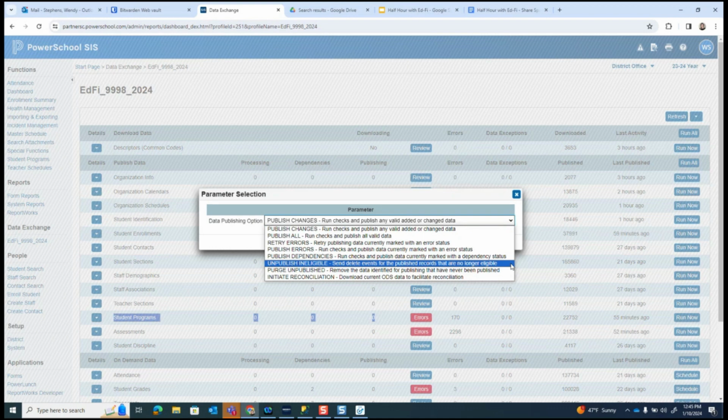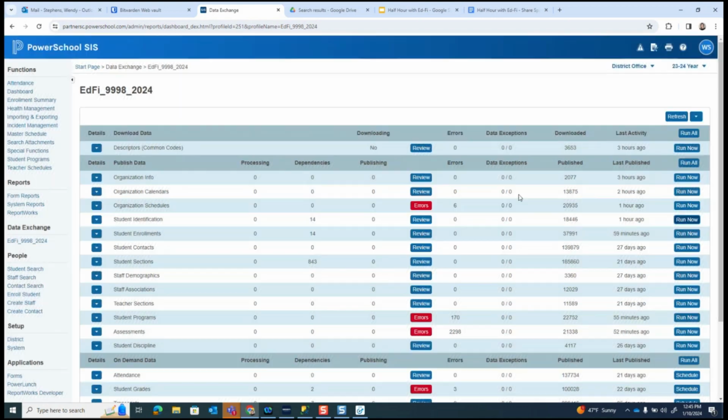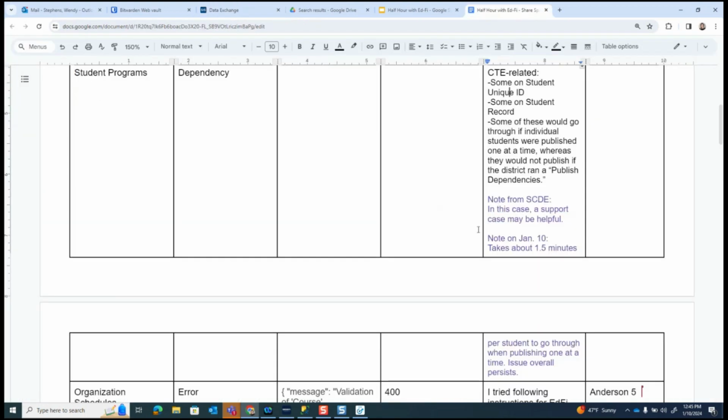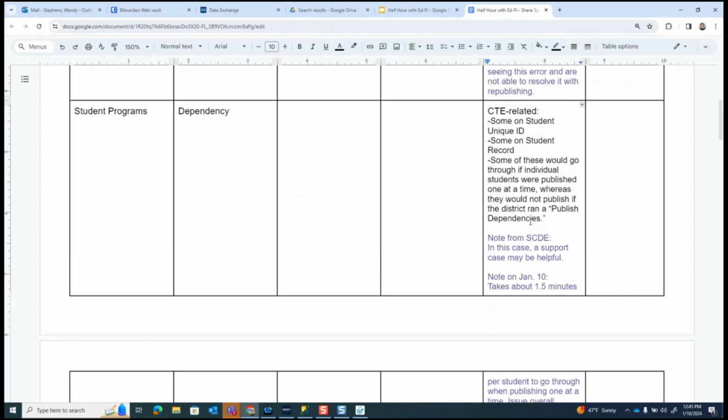And then with the CTE ones, I'm looking at Jeanette's comment where she has over 1,000 CTE with state IDs as well. There was that issue with CTE that I thought was getting fixed, that bad batch where if you had one bad one, it stopped all of them from going through. But I thought that came out.